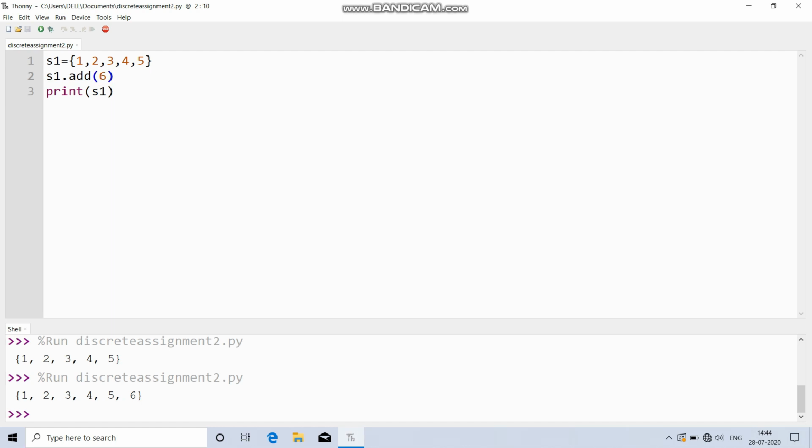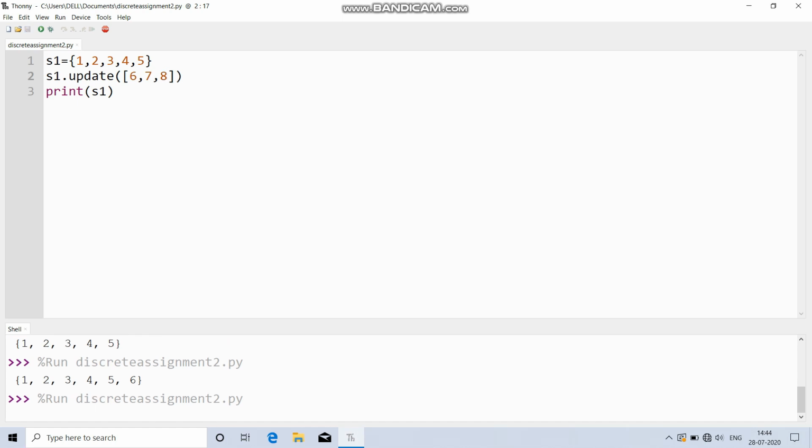Now, if you want to add multiple values to the set, then you could use the update method. Now, if you want to add 6, 7 and 8, you can simply write update 6, 7, 8.